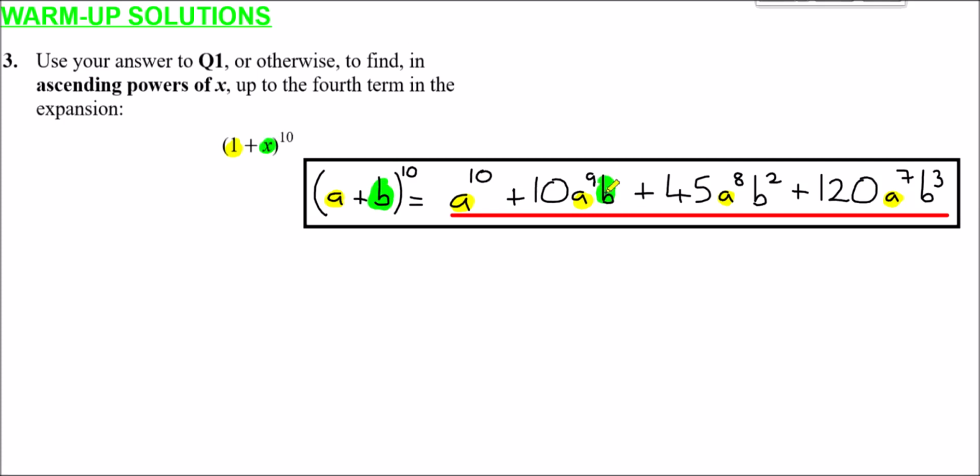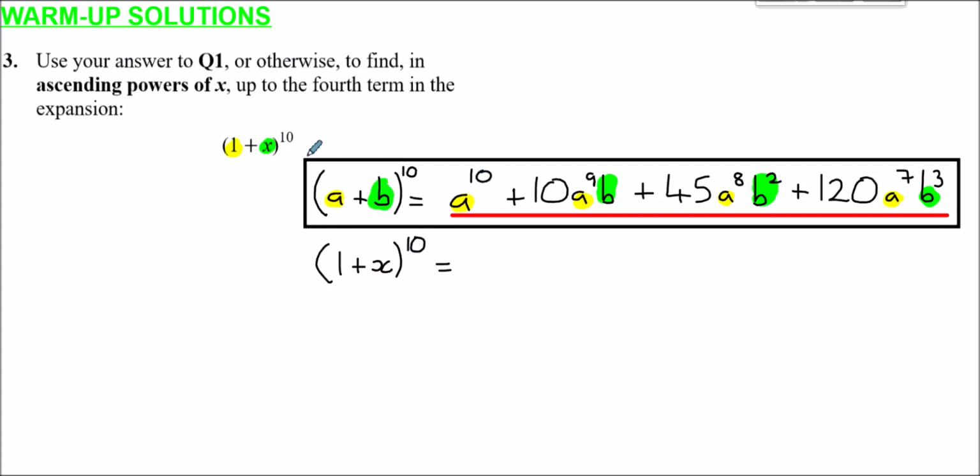So we can just make a simple substitution and use the previous result from question 1 of the warm-up to work this out. So if I just drop down here and say what 1 plus x must equal, to the power 10 no less, up to the fourth term, that's going to be a to the power 10,